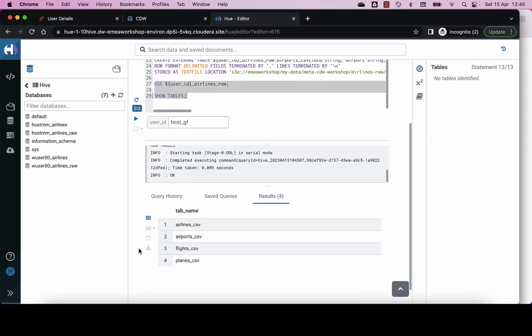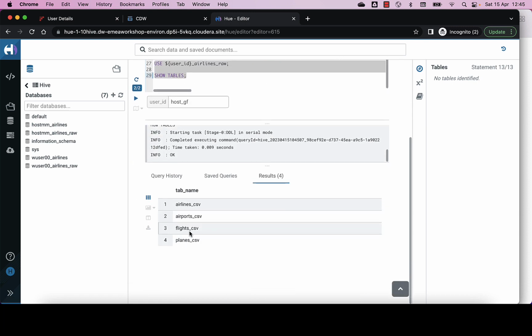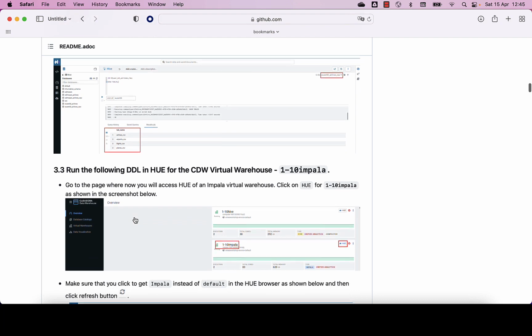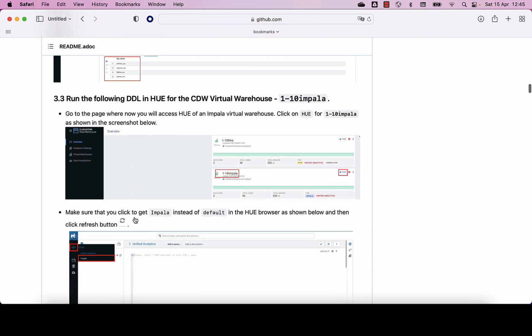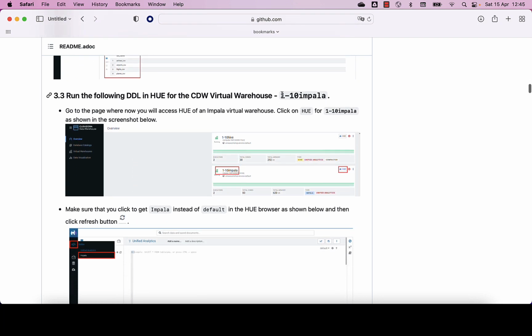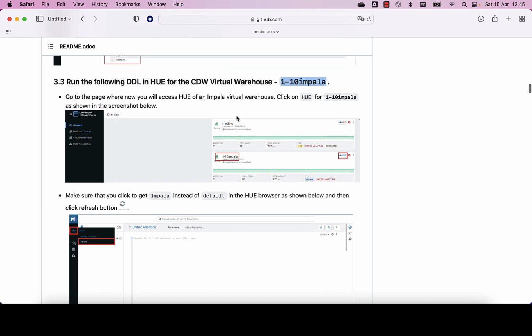Okay, and here are the tables that we just created on top of the CSV files. So let's move on to the next step. The next step will be executed in a different virtual warehouse instance, in this case with the Impala version of the virtual warehouse. So to let you appreciate also the Impala container native implementation, and